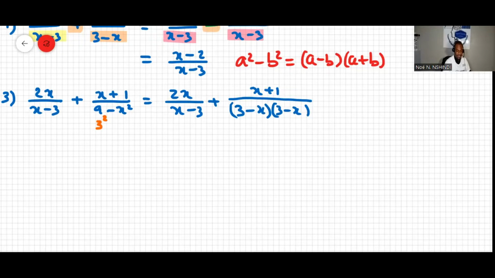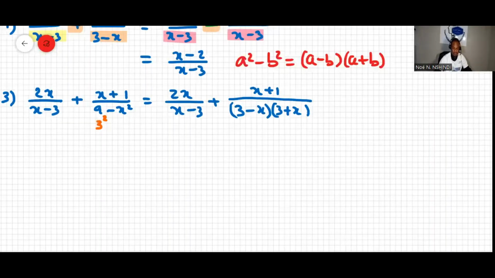Now you note that this is 3 minus x, actually plus here. Then over here we will change. Because it's 3 minus x, and then it's not exactly as x minus 3 here. What I can do, we can reverse the order of the terms within this bracket. So this will become